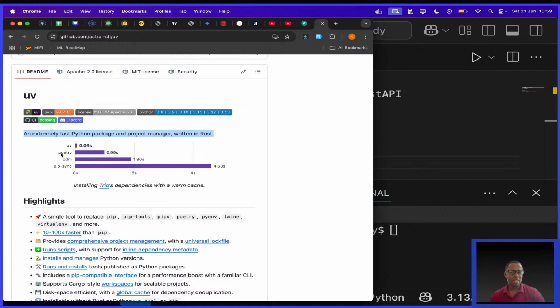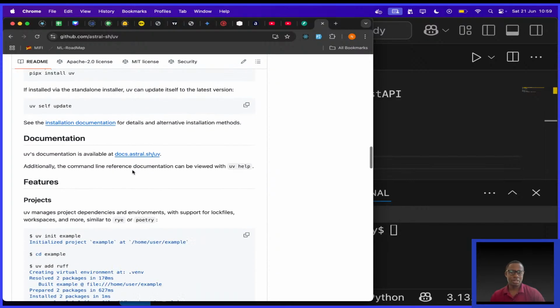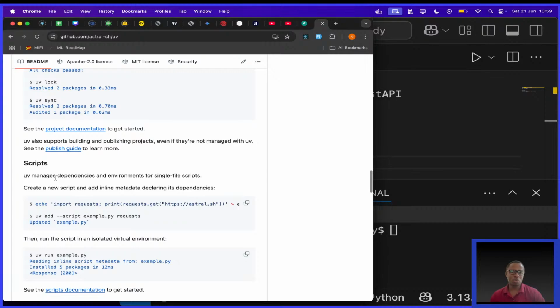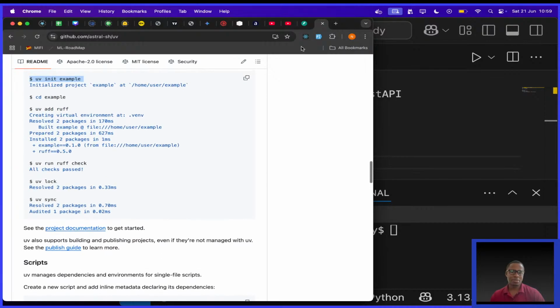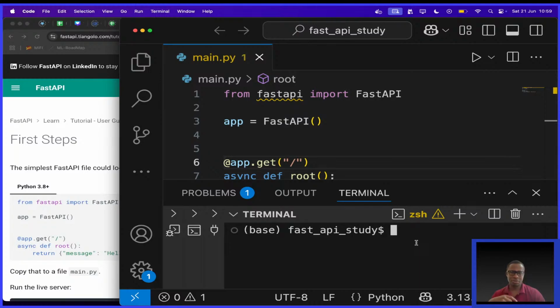See, it is faster than Poetry, PDM, pip-sync, etc. I've already installed it, and all I need to do is uv init. I'll probably do this when we are creating our project. I just want to let you know, but we shall use it soon. Okay, let me just pip install fastapi for now.